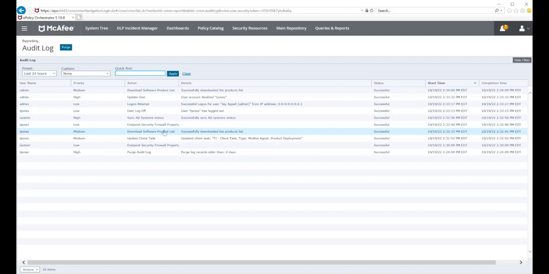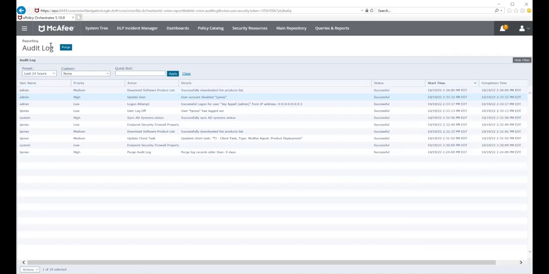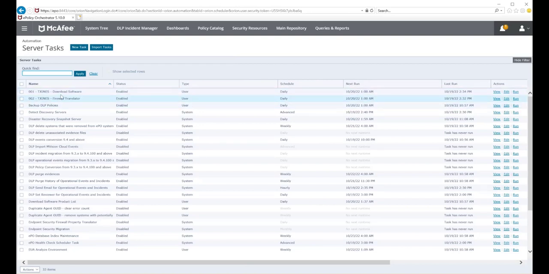It's now admin, even though Tom is disabled, because it's fallen back to a higher authority, which in this case is the admin account. But not so fast. That's not the end of the story. When we go to the menu and go back to server tasks, we're going to closely examine the first one